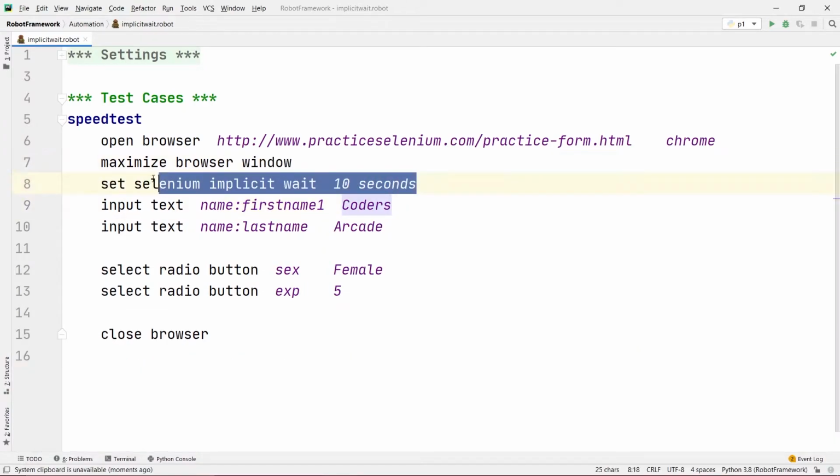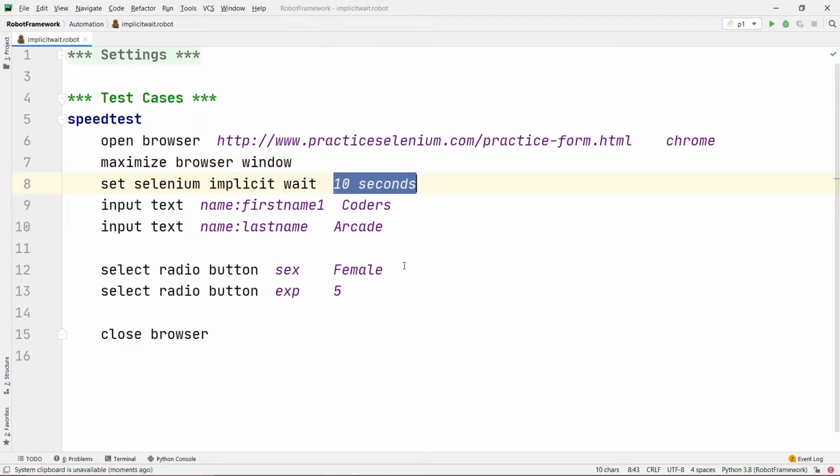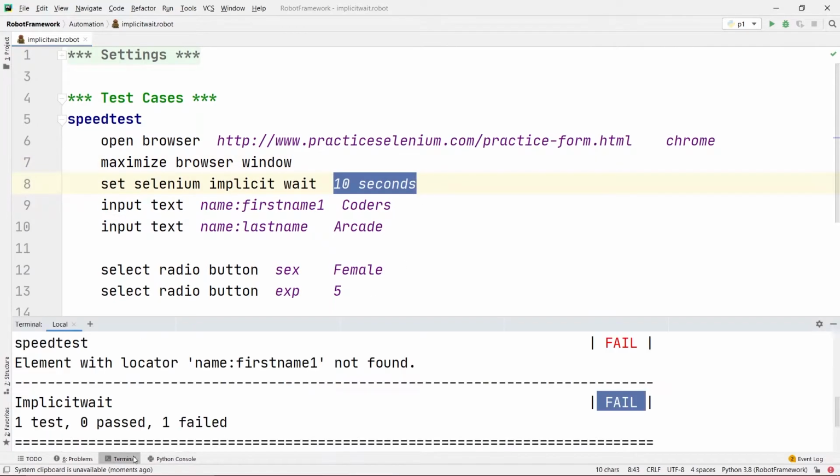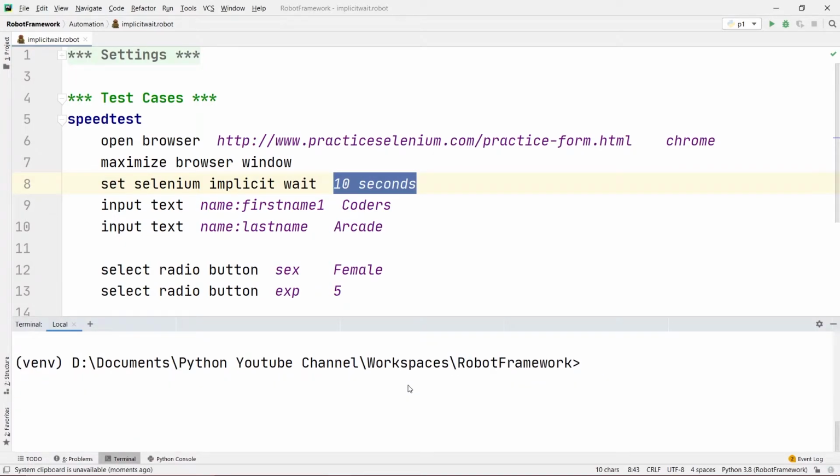But now after giving this command, set selenium implicit wait 10 seconds, it will wait for 10 seconds when it reaches this piece of code. Instead of giving the exception right away, it will wait for 10 seconds, and after 10 seconds, the program will fail. Now if I run this code, I'll type CLS to clear my terminal, and then write this command here.